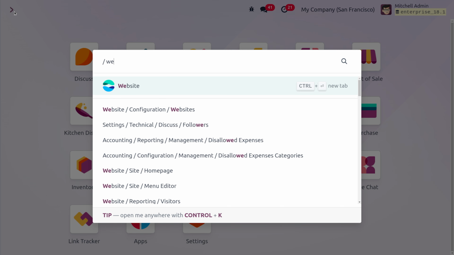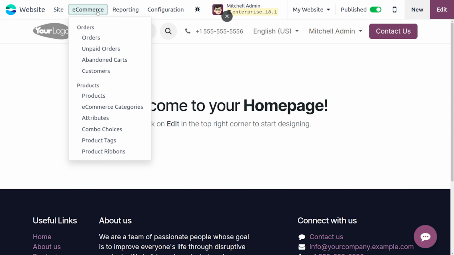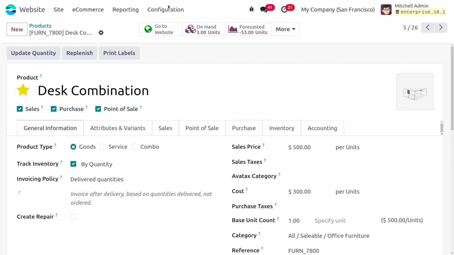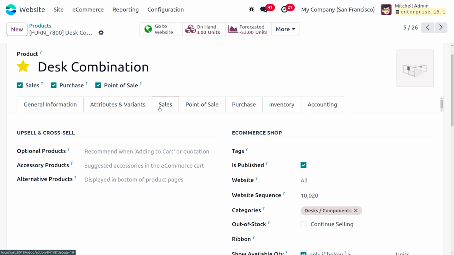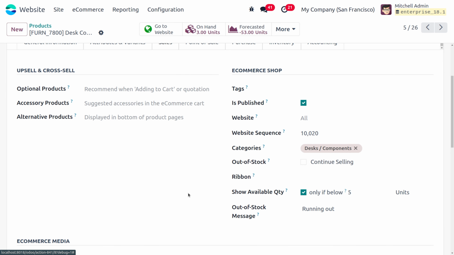As we move on to the website module, first let's consider a product. To manage the product, let's move on to the e-commerce, and under that you can find the product. Let me consider the product over here. Currently you can see the on hand quantity of the product is 3, and as you move on to the sales, here you would be able to find the e-commerce shop, where you can see that this product is currently available in all websites, and you can see the website sequences as well as the